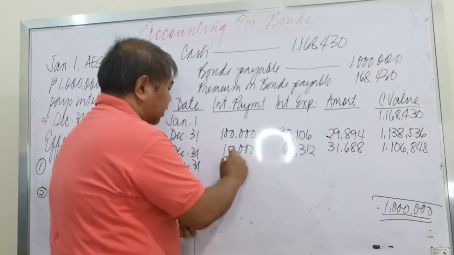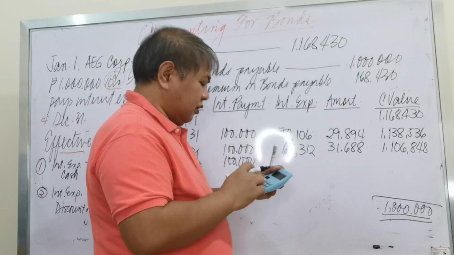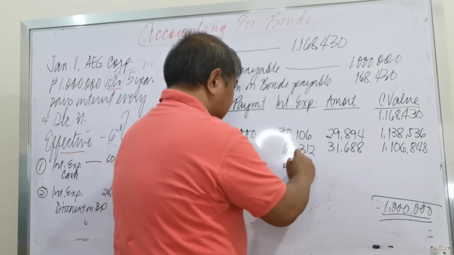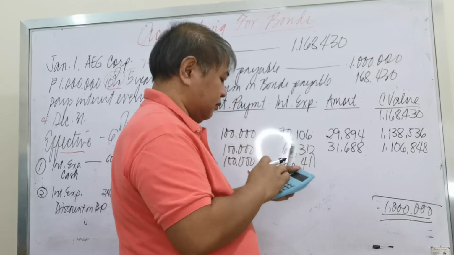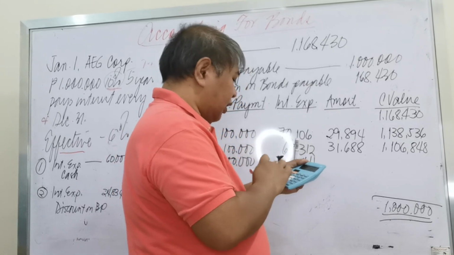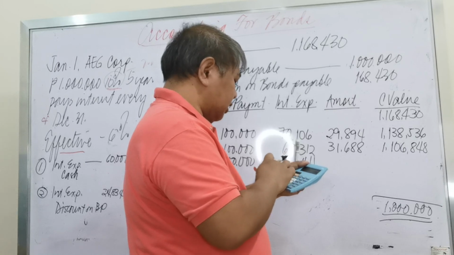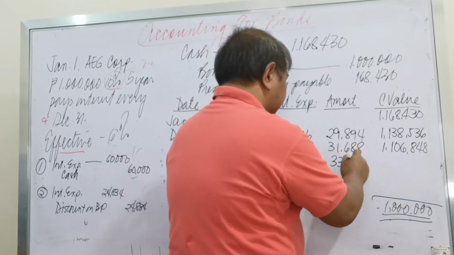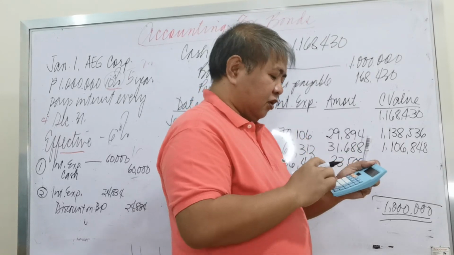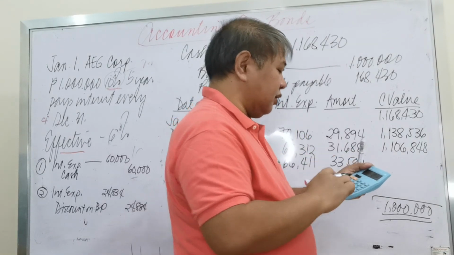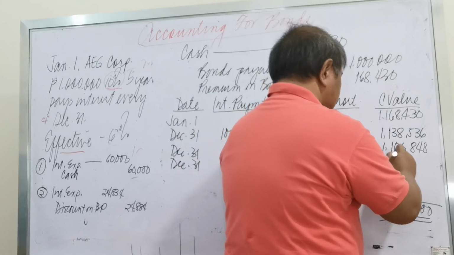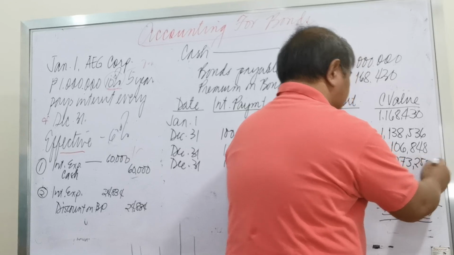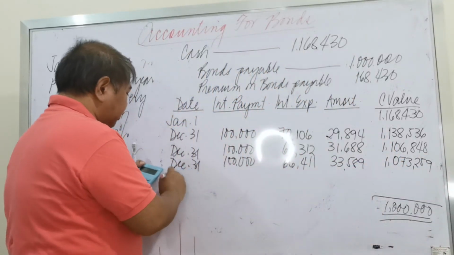So this is 100,000 again. And times 0.06. So this is 66,411. So therefore, 100,000 less 66,411. So this is 23,589 minus 1,109,848. So this is 1,073,259. Okay? On the fourth year now,